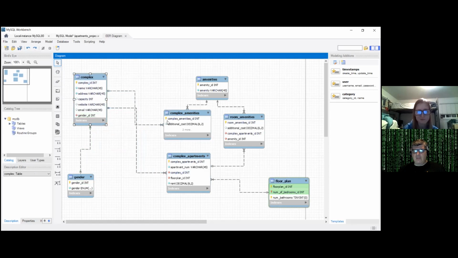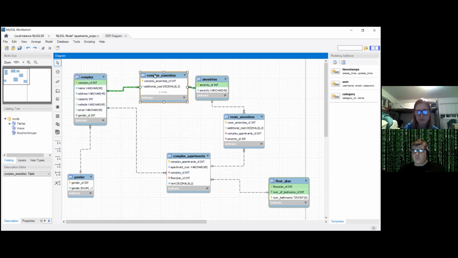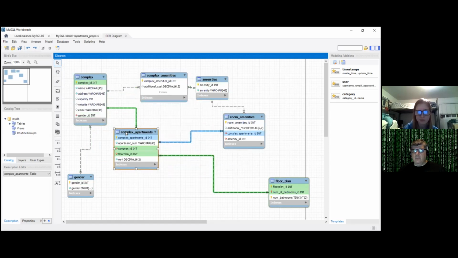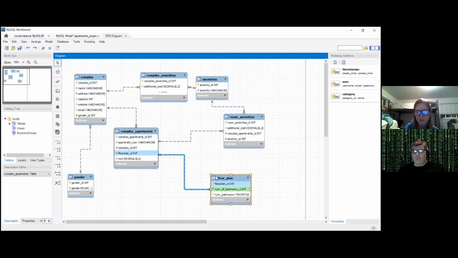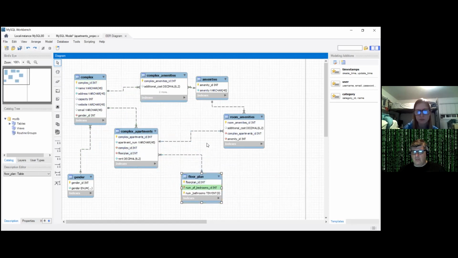Now we have the complex. We have a list of the amenities. We know what apartments are in what building, right? We know what the floor plan is from those apartments in the building. And we know what amenities the complex offers, and we know what amenities the room offers. Okay, good. And we know if they're gender specific housing. Okay, so let's now add a